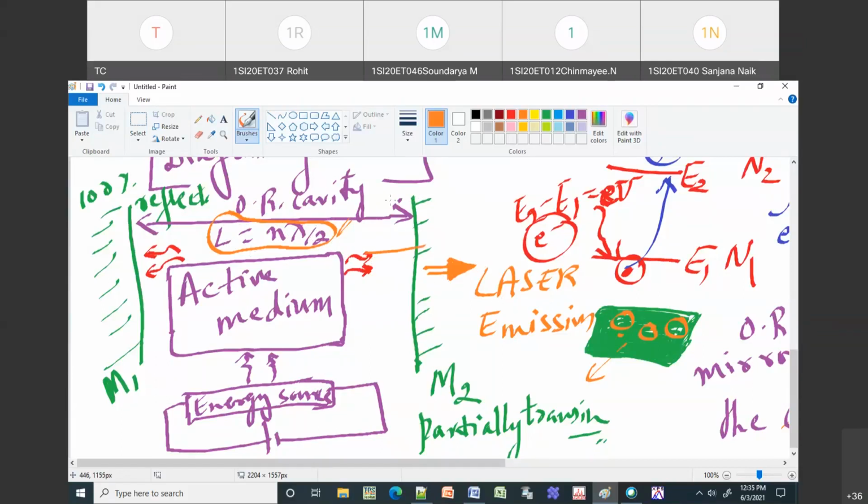So you will not get laser on all the surfaces, because if your light is going to the left, it will get completely reflected. Then it has to come back into that medium and start moving in the opposite direction. Once it is reflected, it starts moving in this direction. When it reaches the partially transmitting spot, the laser light will come out. So your laser light will come out only through the partially transmitting mirror. Okay, so these are your requirements or requisites of laser.